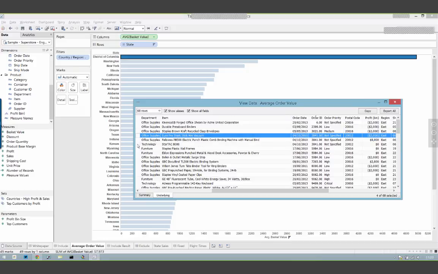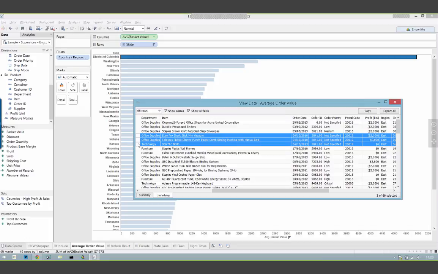Yeah, exactly. So a really important point for everyone on the call is that because there are multiple items on every order, if we were to just take the average sales value, that would tell us the average item value. The reason we need to use a level of detail expression is because we want to do a two-pass aggregation at a level of detail that's not the raw underlying granularity of the data.